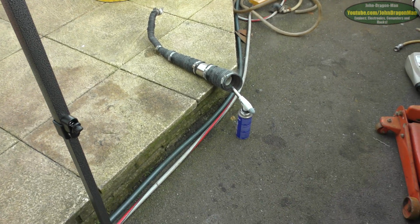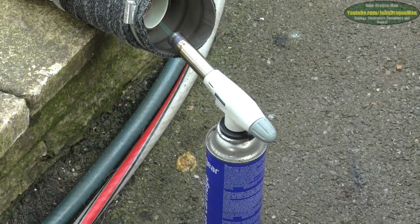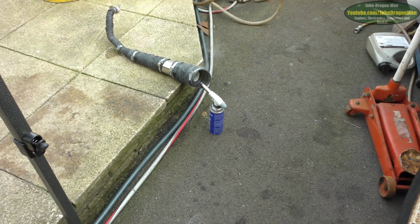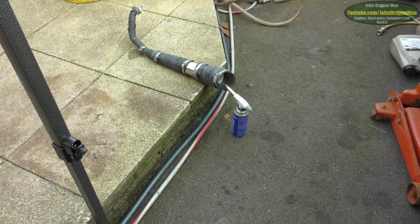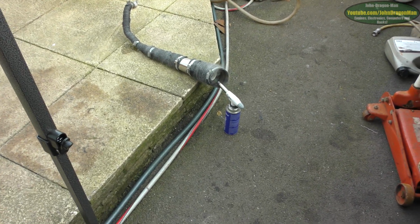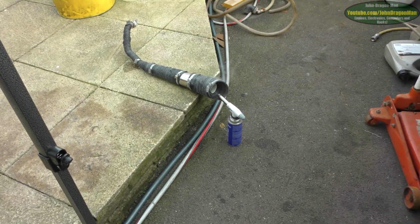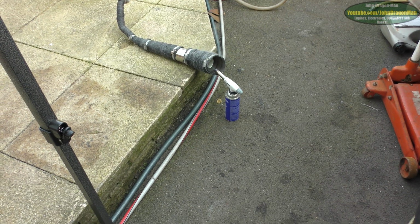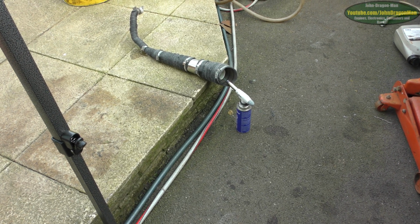I'm using one of those adapters. It adapts a blowtorch top to one of those camping gas heaters, usually a little green one, a bit like a gas fire. It glows red when you run it. Usually used when you go camping. Lethal things, those things. And we've got probably 30, 40 of these cans, and I need to get rid of them,